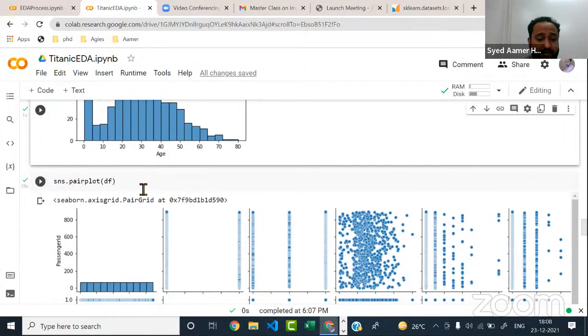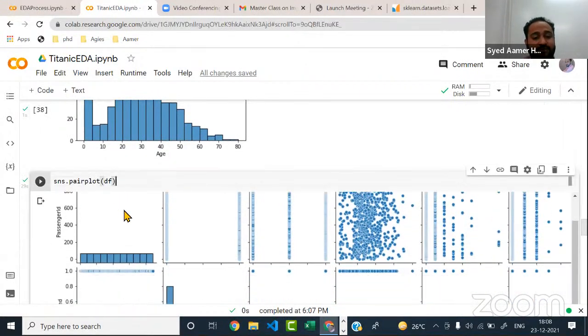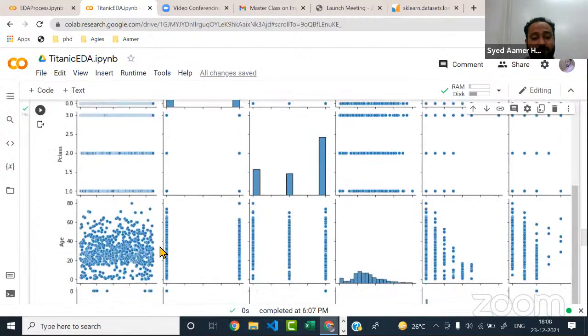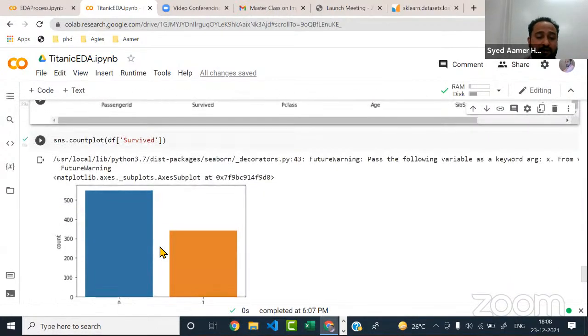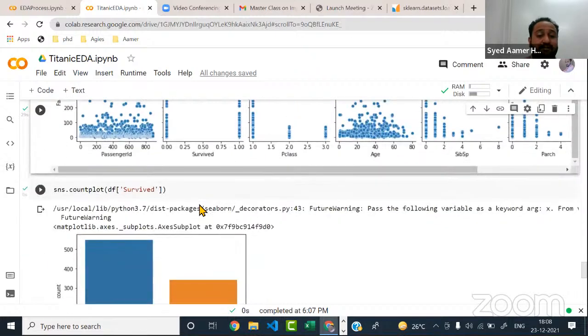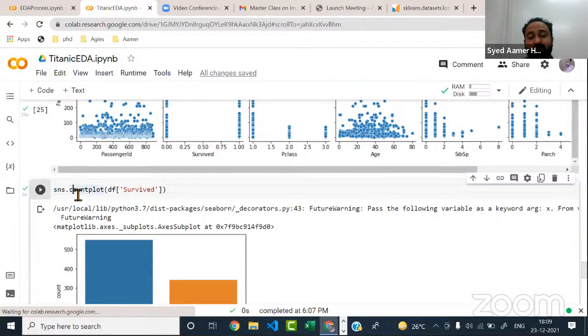Okay, and then I told you about pair plot as well. So pair plot will be plotting each and every column, from which you can simply explore the data. And now there's something which was not in your Aegis data set, that is how to check the categorical data. So there is something called count plot. In categorical data, like sex, where you will have male or female, you just want to check how many males and how many females there are. Out of, you got around 900 data, right? Out of 900, how many males and how many females are there?